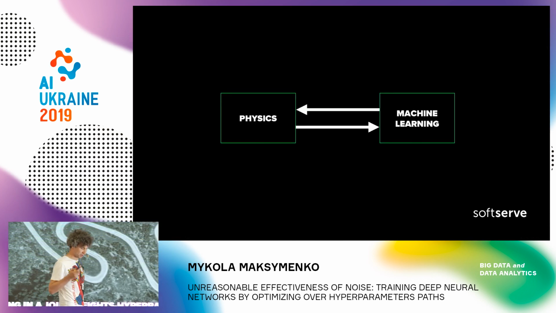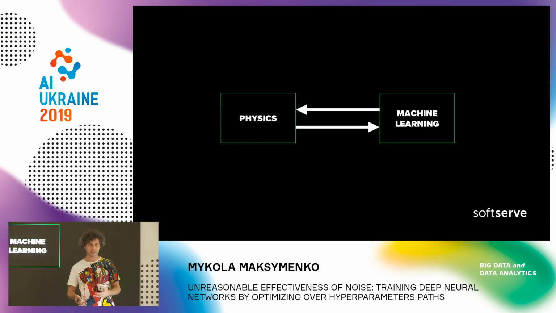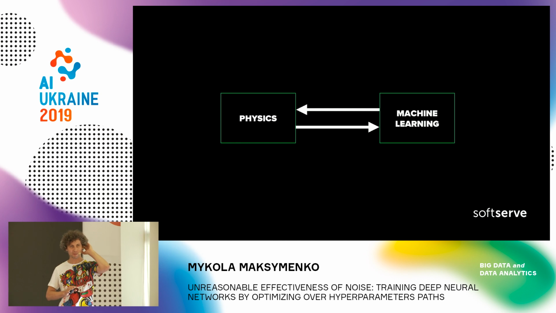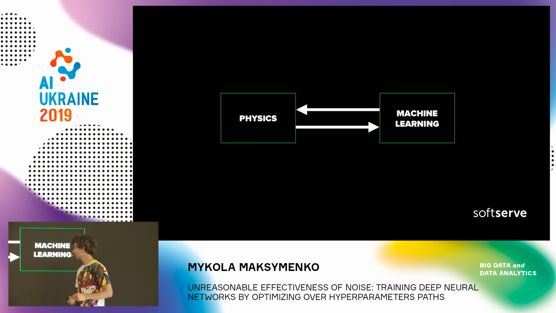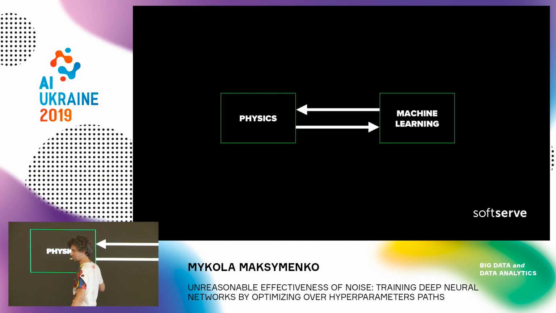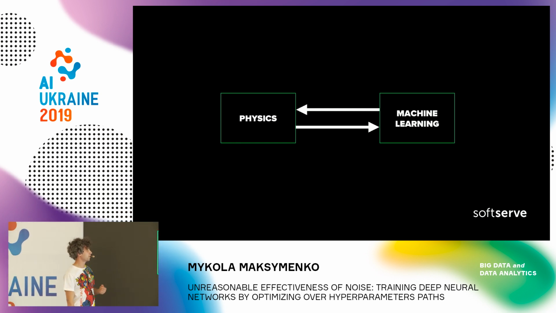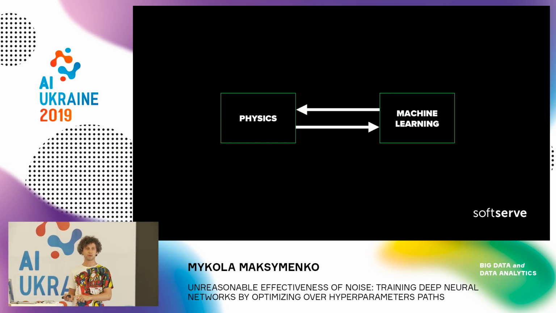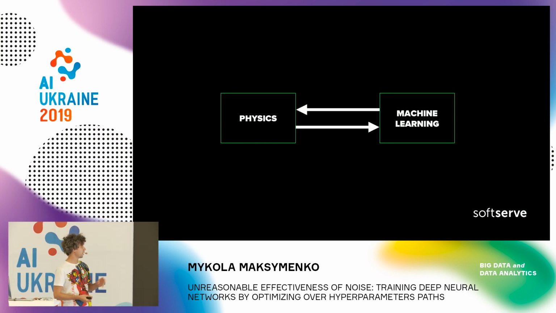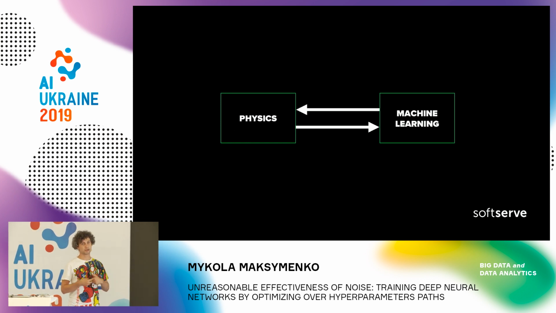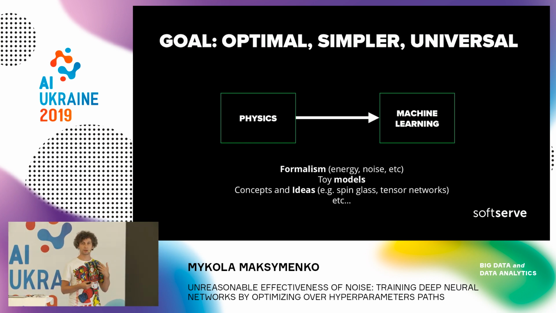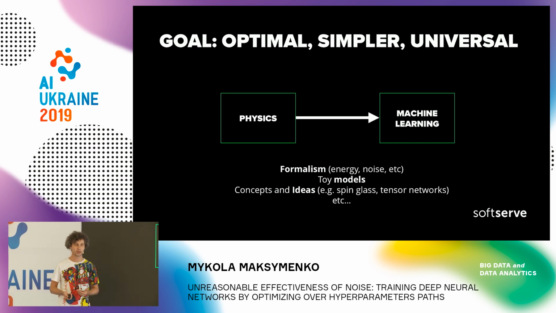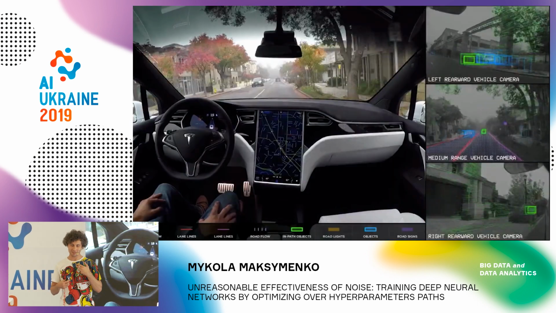So just to give you the quick outline: I'm a physicist, so all that I'm doing is very much inspired by physics. Particularly in this talk, you will see some analogies between machine learning and physics. In our work in R&D, we use some machine learning methods for chemistry, physics and basic science. And we also use physics as a formalism, toy models, and concepts to attack machine learning problems. You will see several of these nice analogies here. I hope you will enjoy those. And let's start from the very beginning.